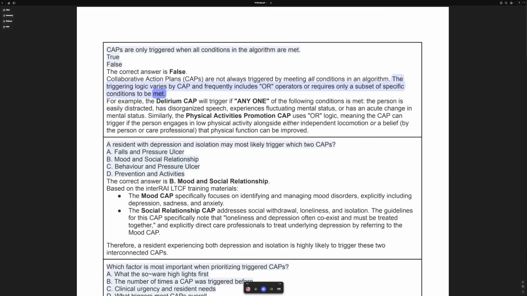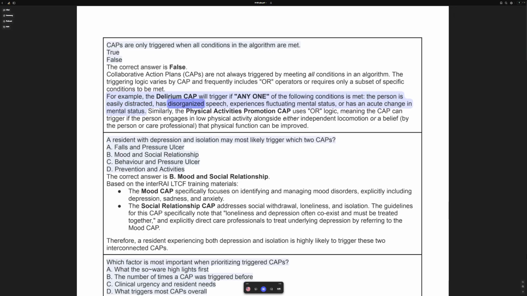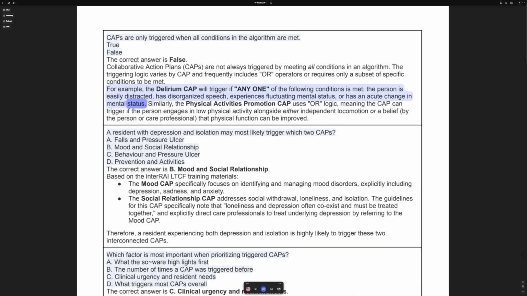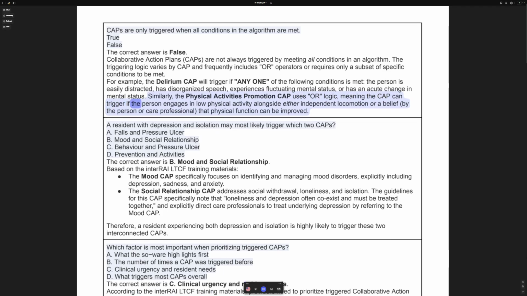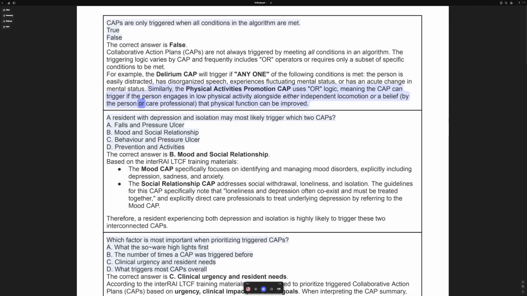be met. For example, the delirium CAP will trigger if any one of the following conditions is met: the person is easily distracted, has disorganized speech, experiences fluctuating mental status, or has an acute change in mental status. Similarly, the physical activities promotion CAP uses OR logic, meaning the CAP can trigger if the person engages in low physical activity alongside either independent locomotion or a belief, by the person or care professional, that physical function can be